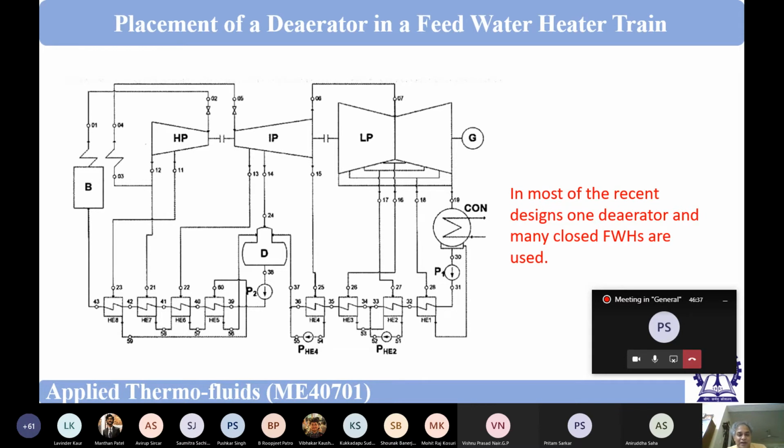Because whatever feed water is there, some amount of dissolved gas could be there. So if we make the deaerator big enough with a good design, and make the entire water pass through it, then I can take care of the dissolved gases from all parts of the feed water heater. Now, in some designs you will find only a large portion of feed water going through the deaerator, not the entire portion. That is also possible. Since we have a closed circuit, even with that we can take care of the dissolved gases.